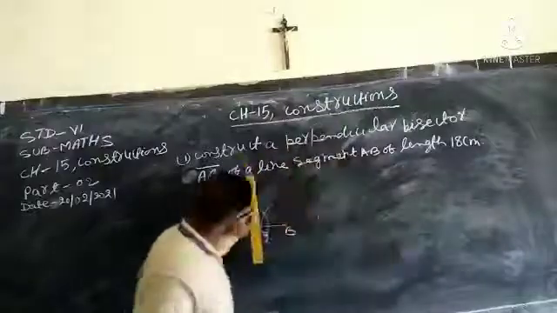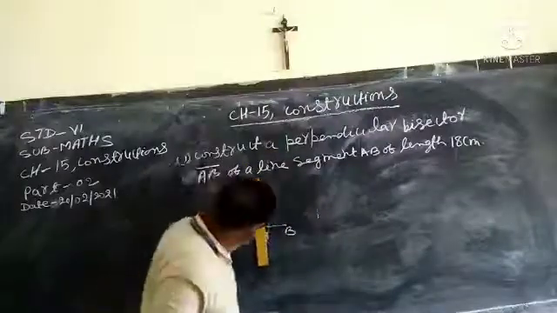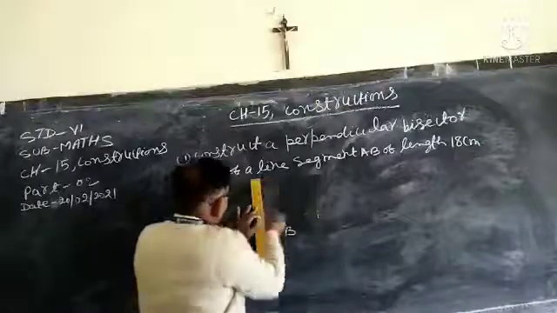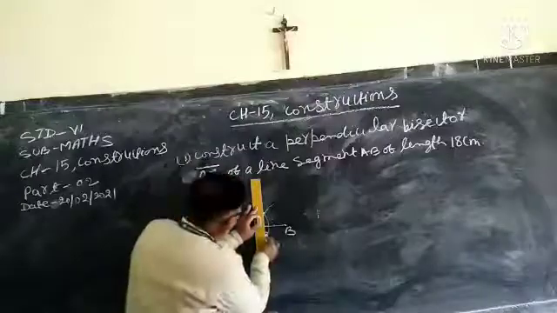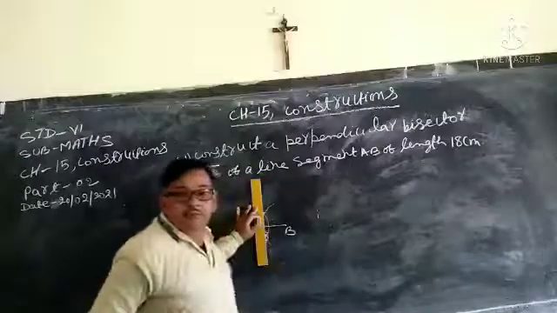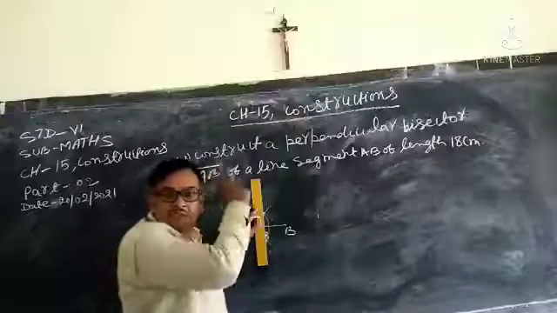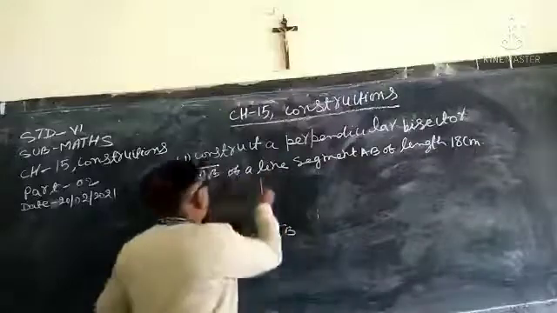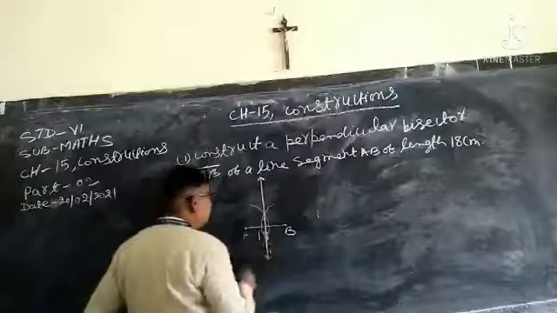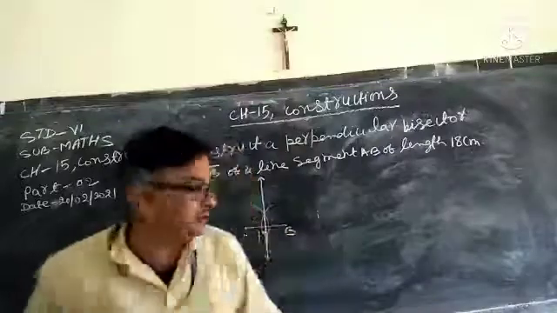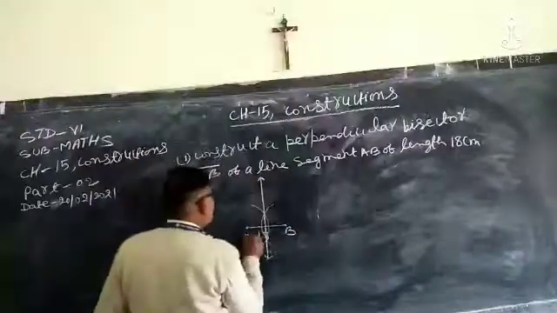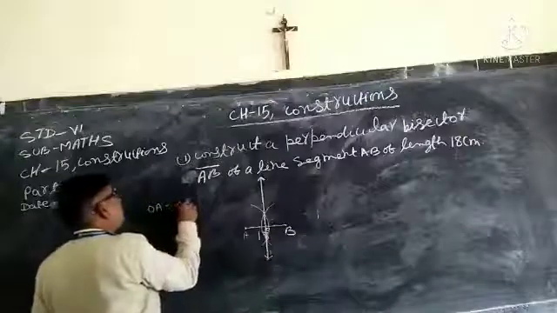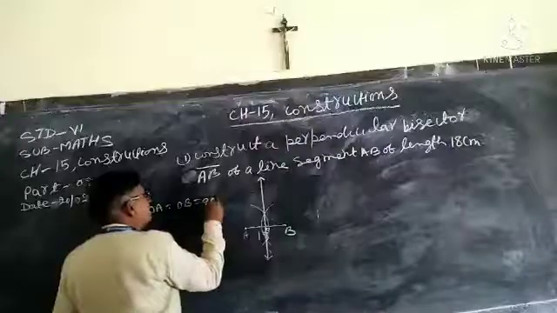This one you make with the help of a scale, draw a straight line. Both points should be in the same line, and draw this line. Any small or big, that is not the problem. Here put an arrow sign. It is perpendicular, so it will be also 9 cm. O is the center, so OA is equal to OB is equal to 9 cm.